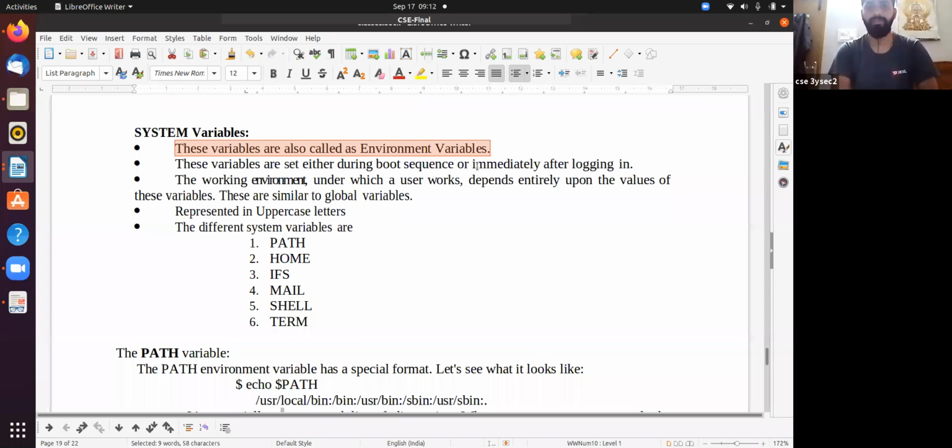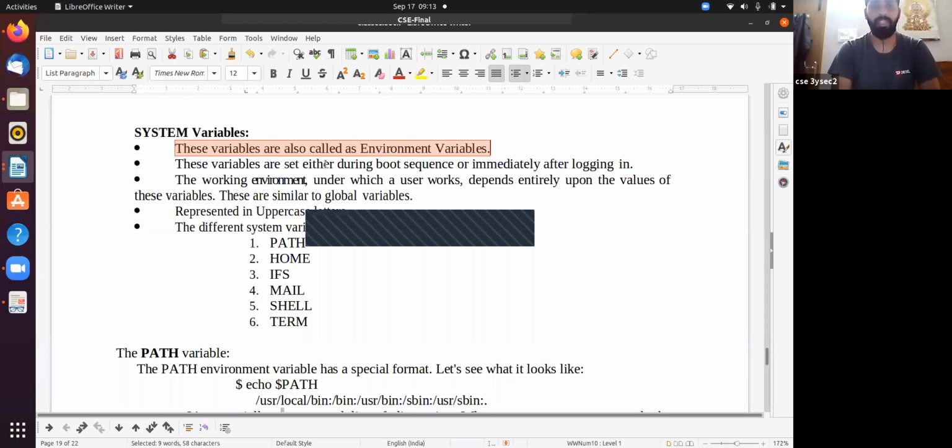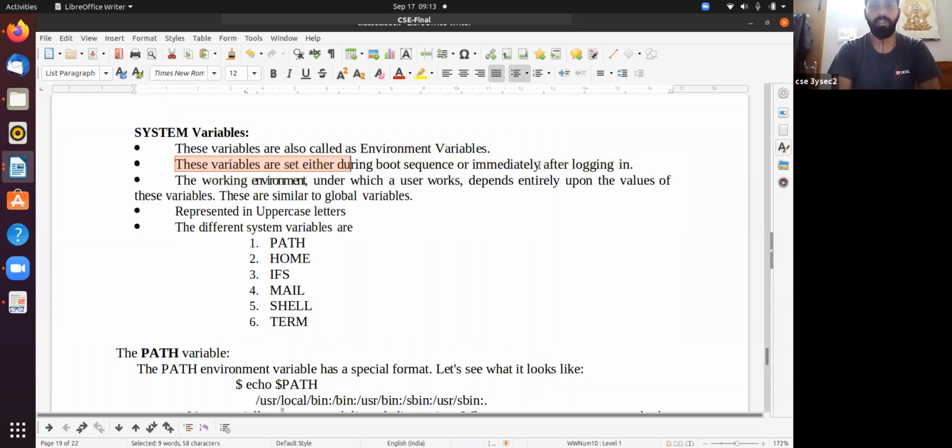These variables we call environment variables. They are set either during the boot sequence or immediately after login. Booting is nothing but when you click the button to start your operating system, some primary programs will be loaded.